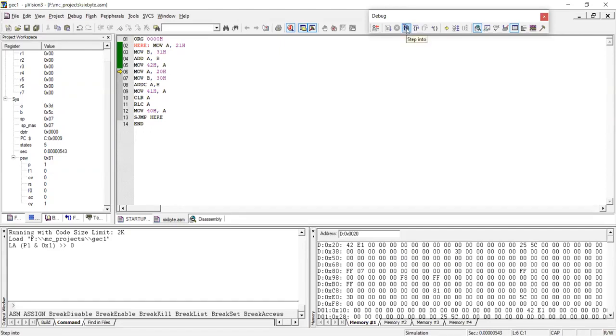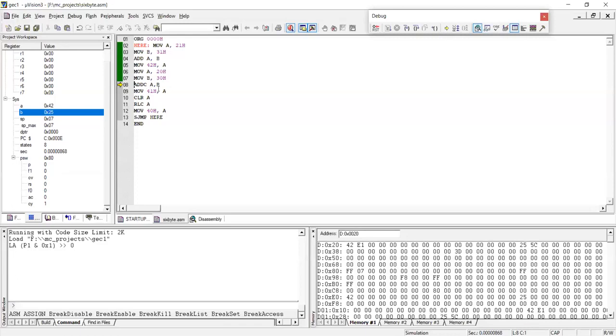Now I'll read the higher byte numbers. So A has 42 now. Again in the B register, I will read the higher byte number so that it has 25. You can see here the carry bit is set to 1. That's the reason I need to use the ADDC instruction, right? For the lower byte we can use the ADD instruction, but for subsequent higher byte addition, for multi-byte addition, you make sure that you use the ADDC instruction there, right?